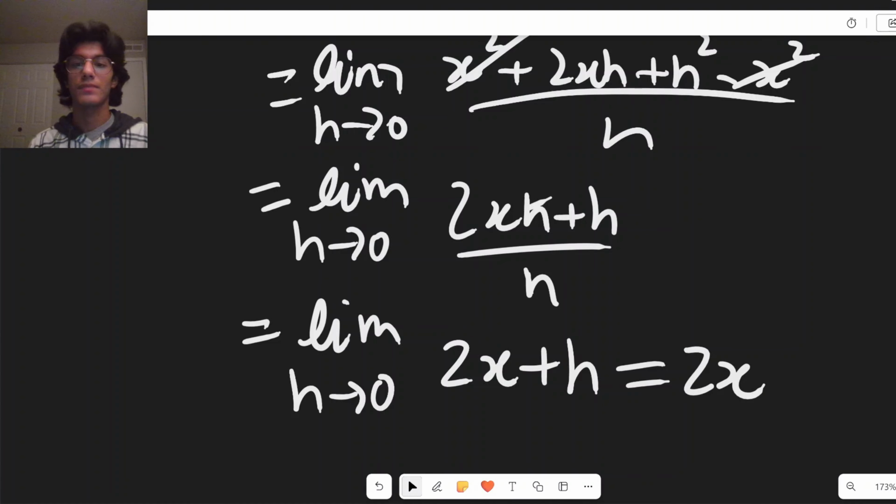Isn't that amazing? Now, what I do want to say is that this was a very, very easy problem. If you really want to improve your algebra, this might seem very strenuous, very rigorous, something that you might not want to do. But what I just showed you is something called first principles. It's basically how you take derivatives, the first principle of calculus. If you want to improve your algebra skills, I'd recommend that you do this with different functions, because later on